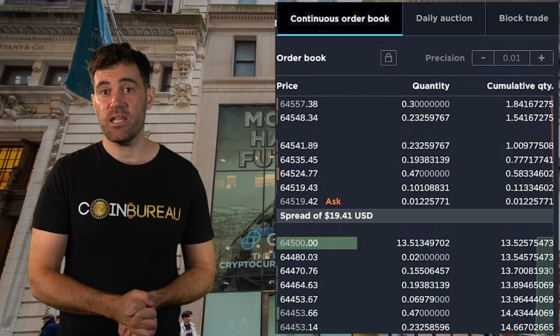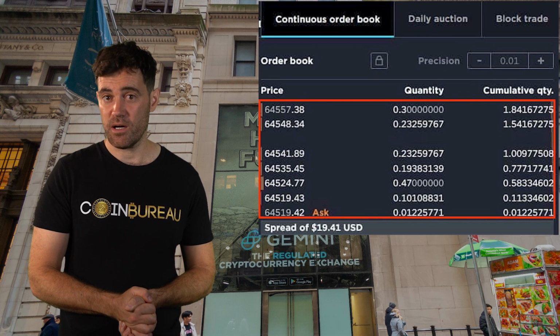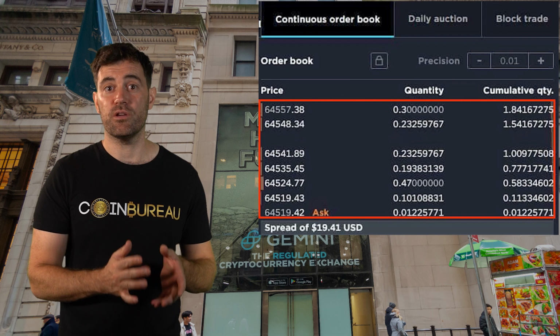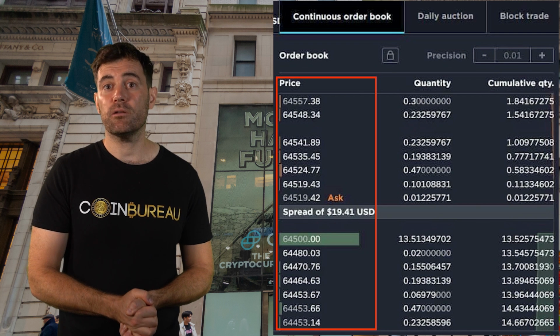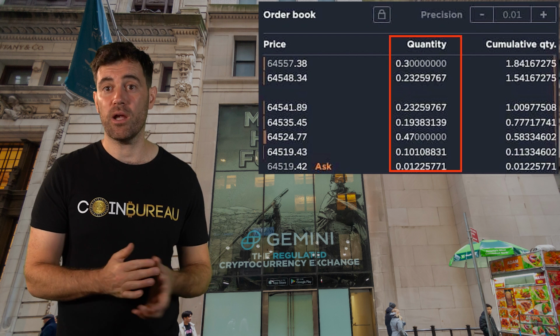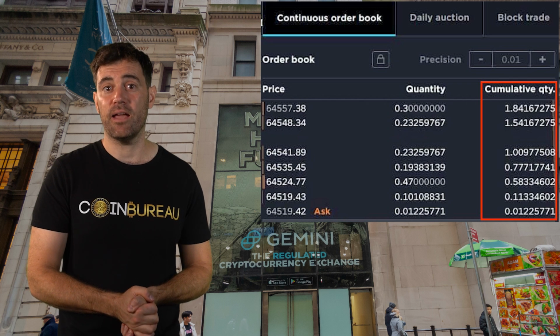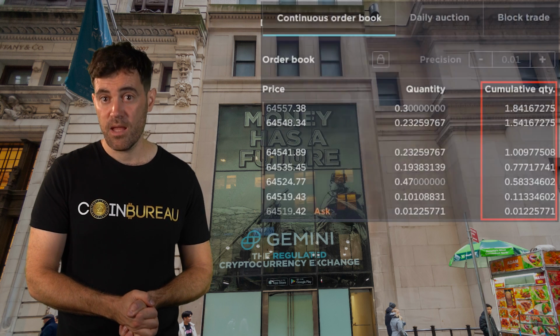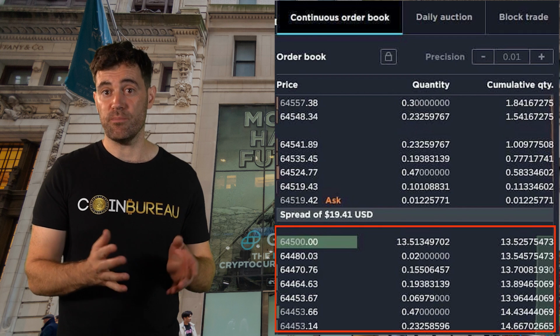To the right, you'll see the order book. The numbers with the red bars at the top show the sell side of the market, and the left-hand column shows the different price levels for orders to sell the cryptocurrency. The middle column shows the amount of crypto available to be sold at that price level, and the right column shows the cumulative quantity of crypto available in the order book at the current and subsequent price levels. Below that, you'll see the same data for the buy side of the market with green bars next to the